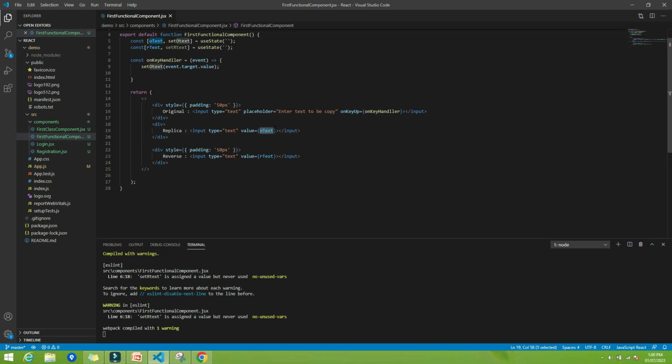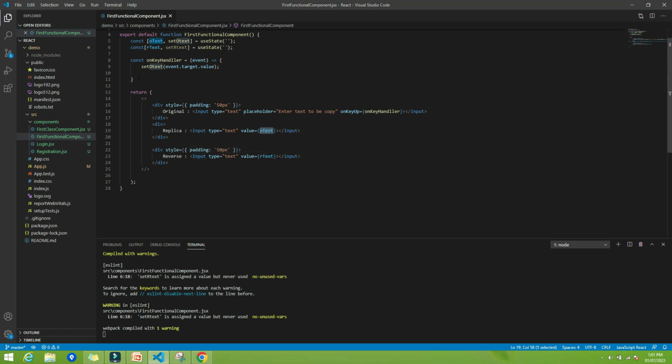On key up, we are updating the value of otext, and whenever there is a value update to otext, it gets copied to another. That means I have something that can identify the value is copied. Whenever there is a change in the value of otext, I want to perform some reverse action, and that will be displayed in this reverse text